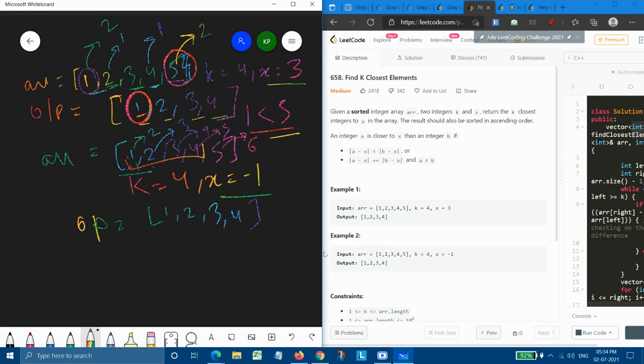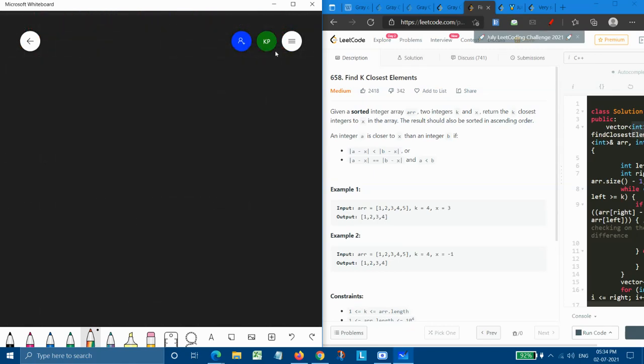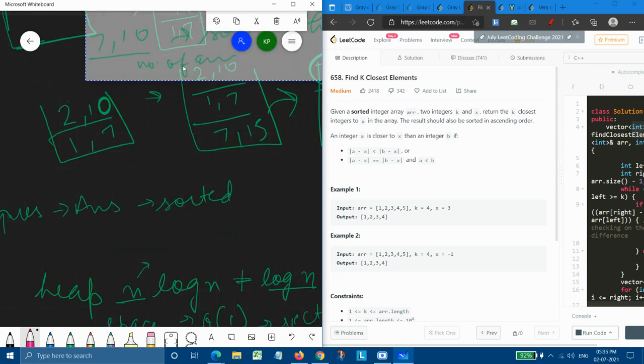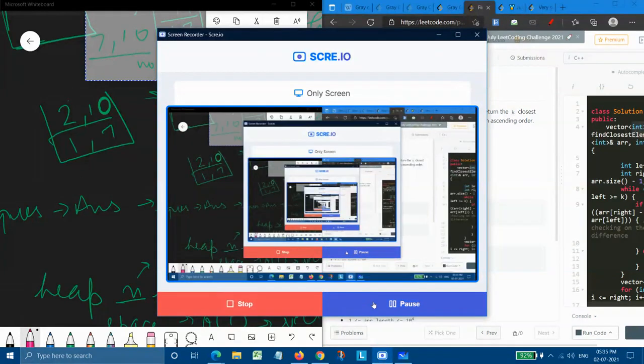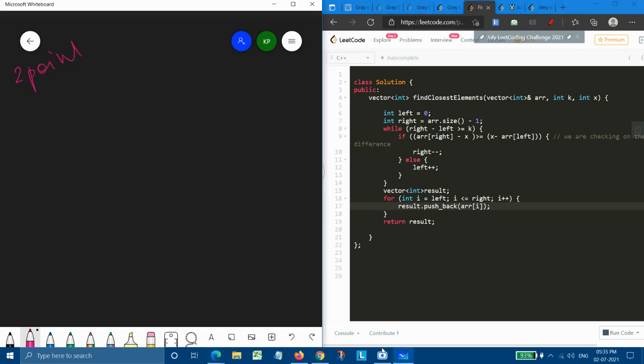So now let's come up with a solution for how we will be doing it by the two-pointer approach. As we need to do it by two-pointer approach, so we are doing it by a two-pointer approach. So again, as we need to use two-pointer, what sort of two-pointer will we be using? Opposite pointers or same direction pointer.